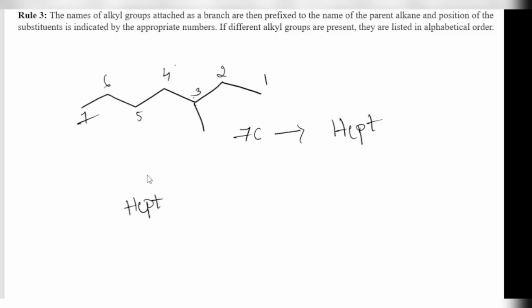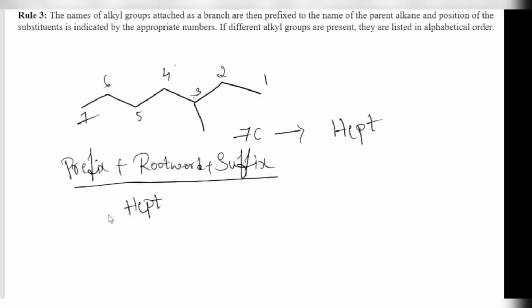Now, after the root word, I have to add a suffix, and here a prefix is there. Whatever the sequence is, we have to remember it like this. Here I already wrote the root word. What is the suffix between carbon and carbon? I'm talking about the primary suffix. Here there is a single bond, that's why I have to add ane. Prefix is